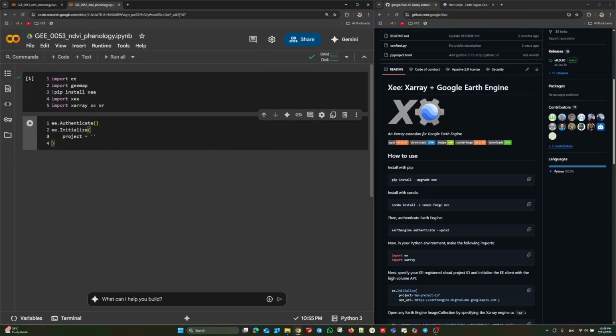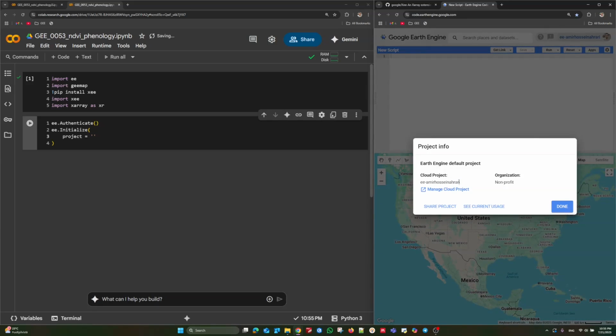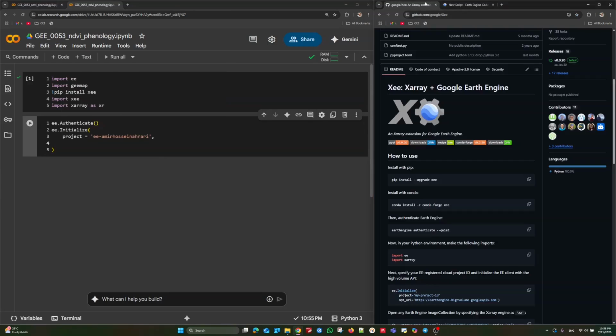Two arguments are important here. The first is the Earth Engine project ID. Go to the code editor environment, upper right, and then go to the project info. You will find your project ID. So, for example, my project ID is like this. Copy and paste yours. And the next argument is